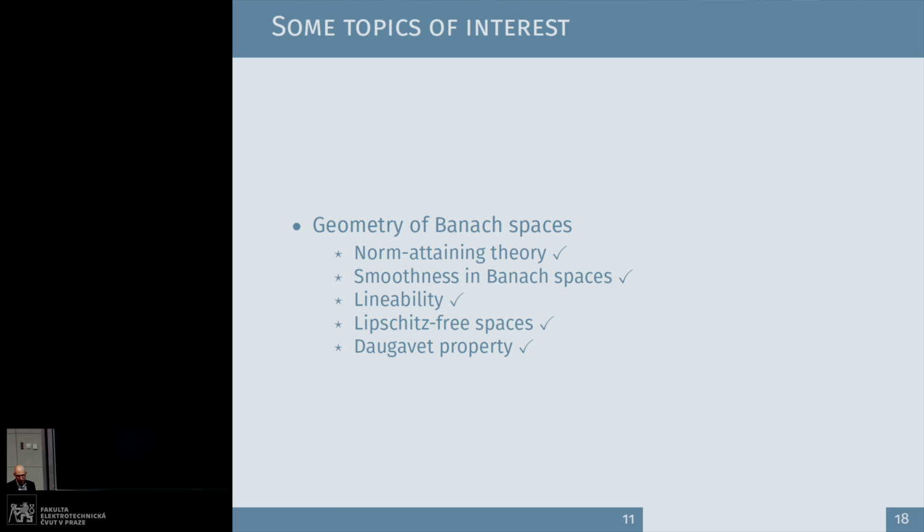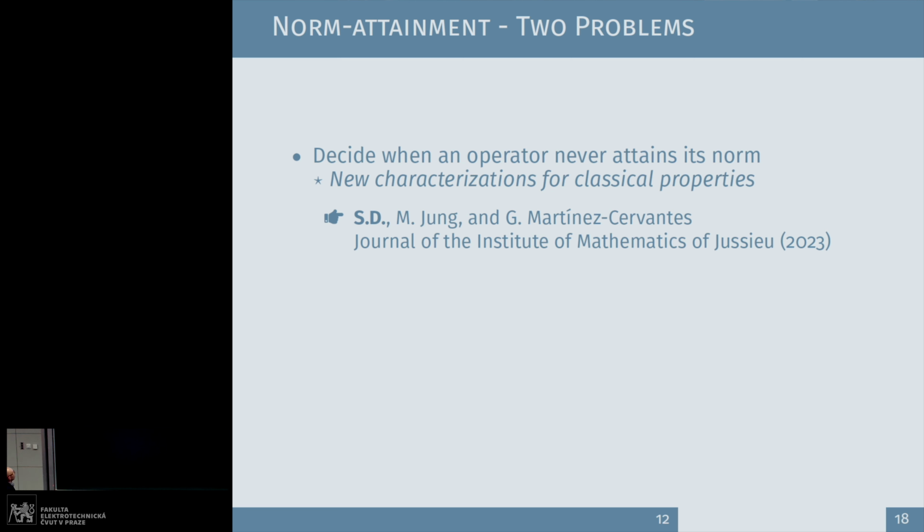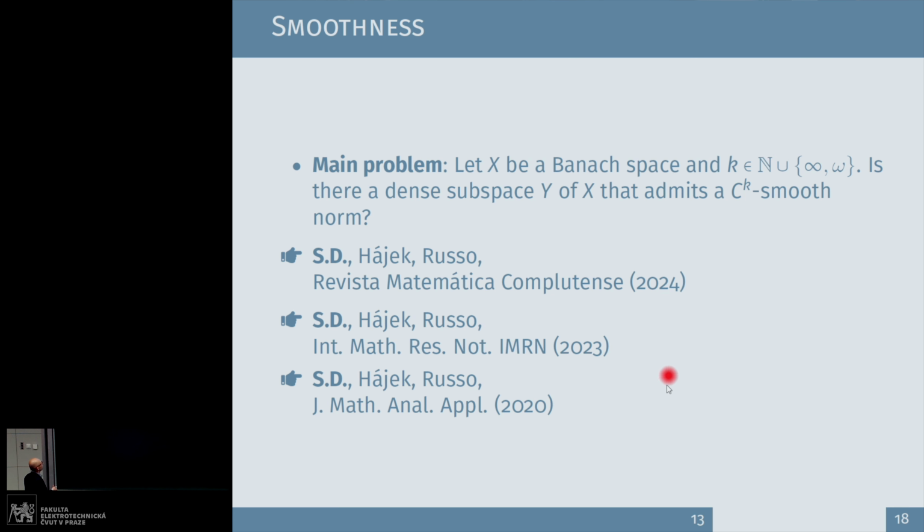Okay. Well, I just put here some papers that I think I can say I'm a little bit proud of. This one is the first one that I would like to mention, where we actually try to push the theory further so that we can get new results in the Norm-attaining direction. The same thing we did in these two papers here. Actually, these three papers are part of my habilitation thesis. And this problem that I started tackling when I came to the Czech Republic, we published these three papers together with Petr Hájek and Tommaso Russo, who were both members of the faculty at that time. And we managed to publish these three papers.